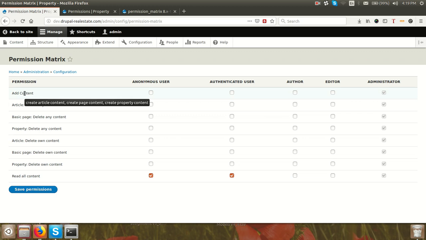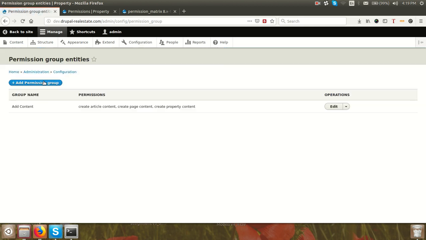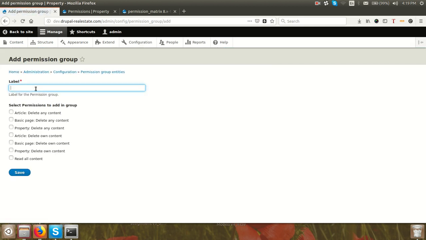Now if I mouse over, I can see create article, create page and create property content permissions associated with this permission. So if I give this permission to the editor or to the author, then the author user role will get all the permissions associated with this add content permission, like creating article, creating page and creating property. I can create other permission groups also from here, like delete all, delete any